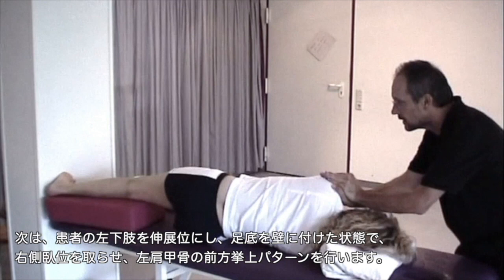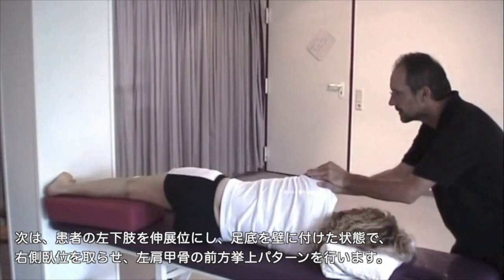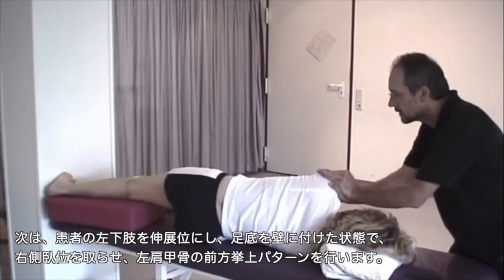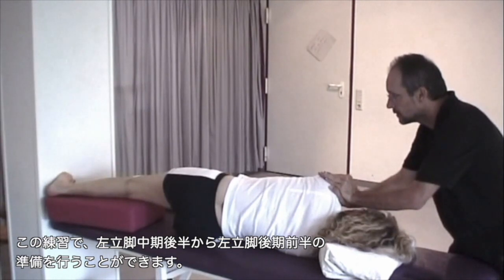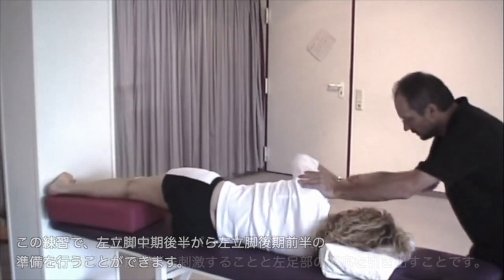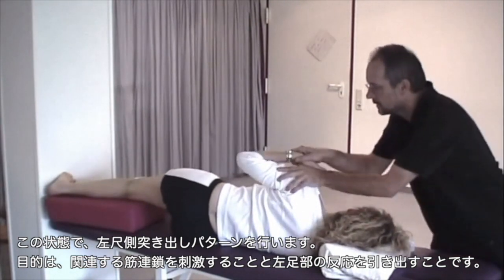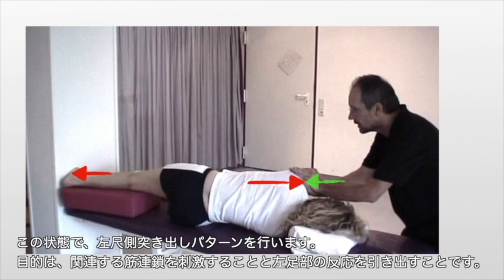Now here we have a different setup, side lying on the right side. The affected leg is in extension with the foot against the wall. So I'm applying a scapular anterior-elevation pattern. The setup is suitable to prepare mid-stance, late mid-stance, or the beginning of terminal stance. On top, I'm applying ulnar thrust in order to stimulate more the whole muscle chain